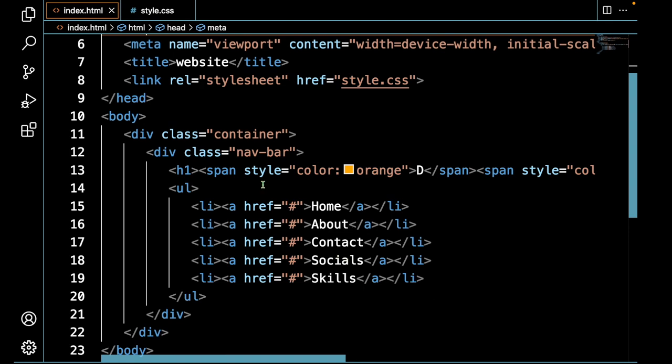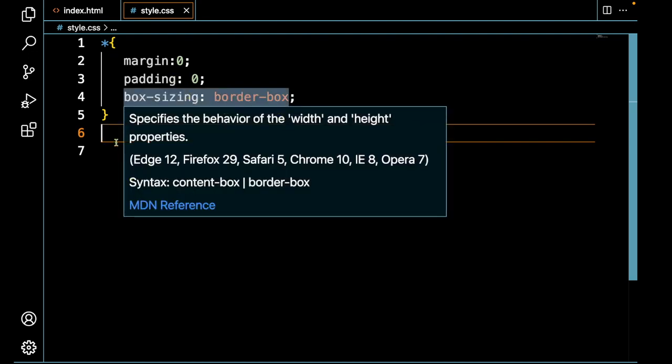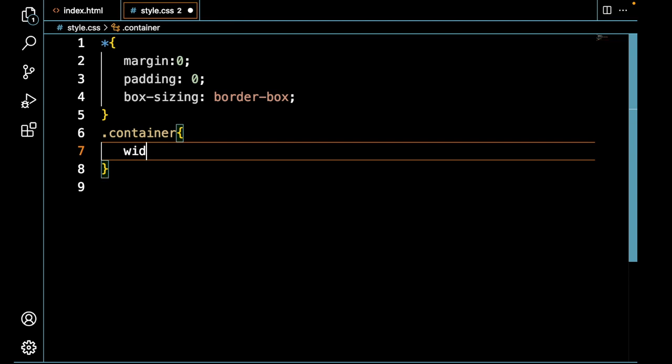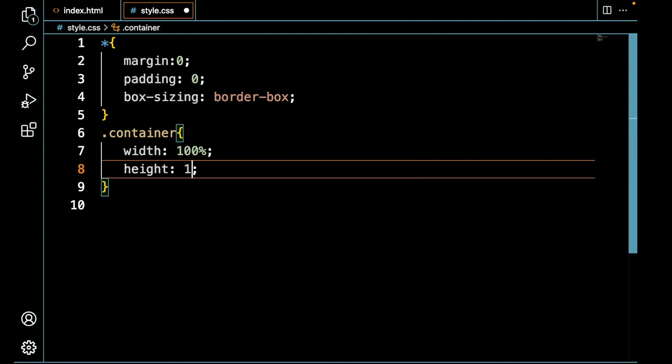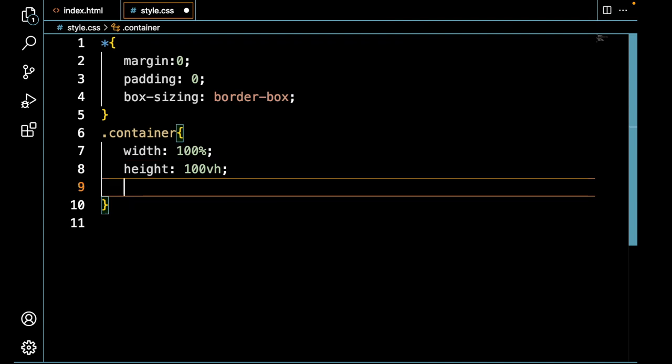So now let's style this in the CSS. Over here in the CSS, I have this basic styling, margin 0, padding 0, and set box sizing to border box. So now let's style the container. This is a class we'll select with the dot notation. We'll give it a width 100%, height 100 VH, so that it takes the height of the screen or the monitor. I will set the background color to black,